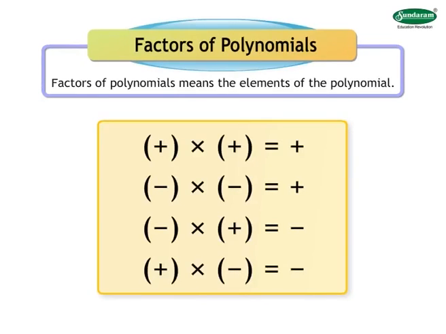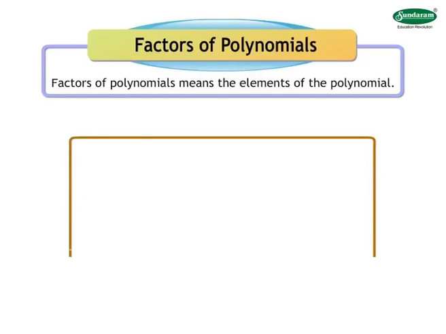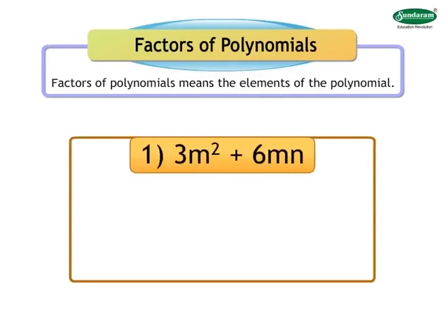In short, in multiplication, the product of the same sign is positive and the product of opposite sign is negative. Let us solve certain examples of factorization from the revision exercise. 1. 3m square plus 6mn. In this sum, we need not worry about the signs as both the terms of the